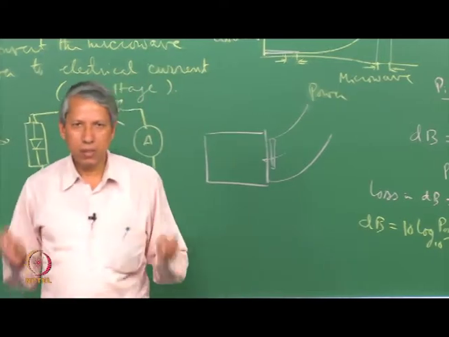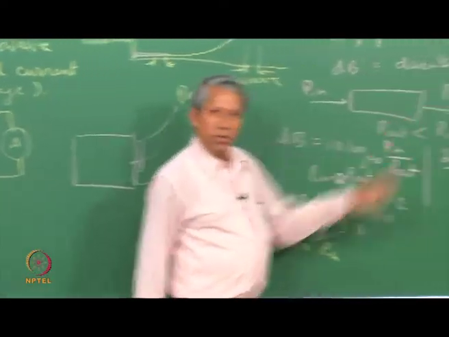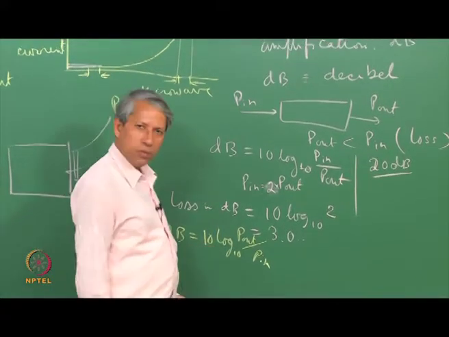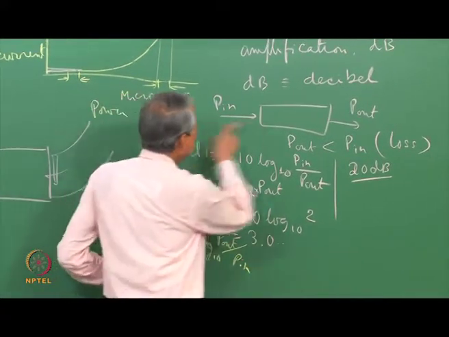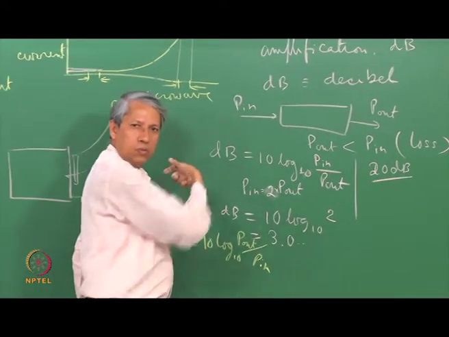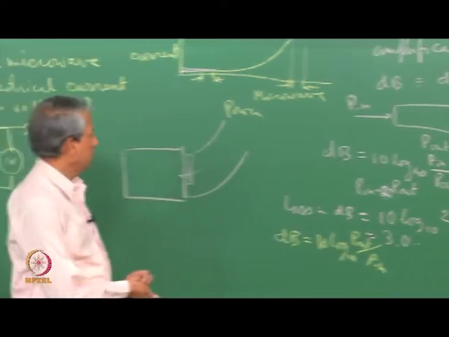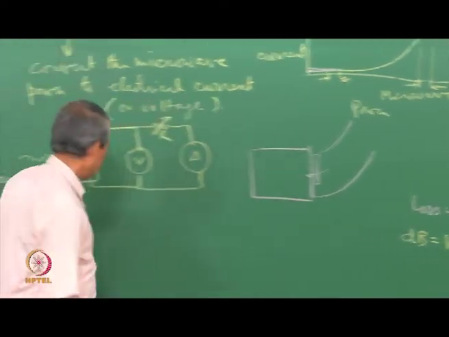For every device there will be certain loss because of its own intrinsic loss, and then the property of the device could also be such that in one direction micropower goes in and in the other direction it does not come out. We will see some examples later. This is called a non-reciprocating device. One of them is called the isolator.